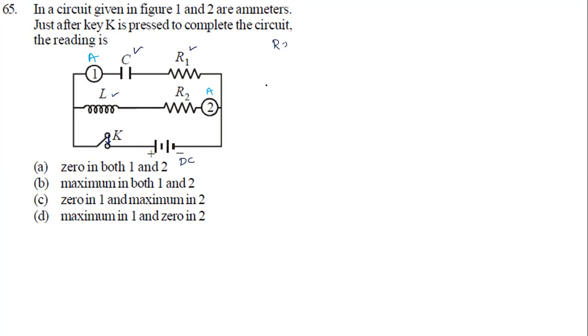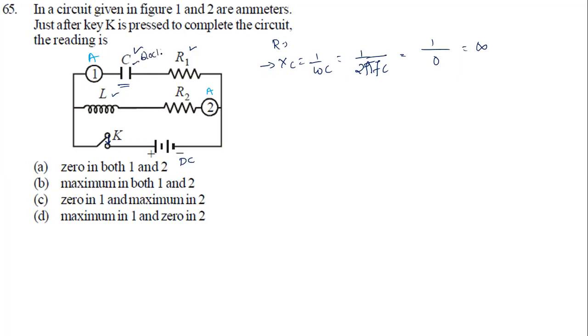The resistance offered by the capacitor is given by XC equal to 1 by omega C. It is given by 1 by 2 pi F C, because omega is 2 pi F. The frequency of DC is how much? 0. So it is 1 by 0, and 1 by 0 means infinity. So XC is infinity, which means this capacitor offers very high, infinite resistance. If it is offering infinite resistance, is it going to allow current? The capacitor is going to block DC.